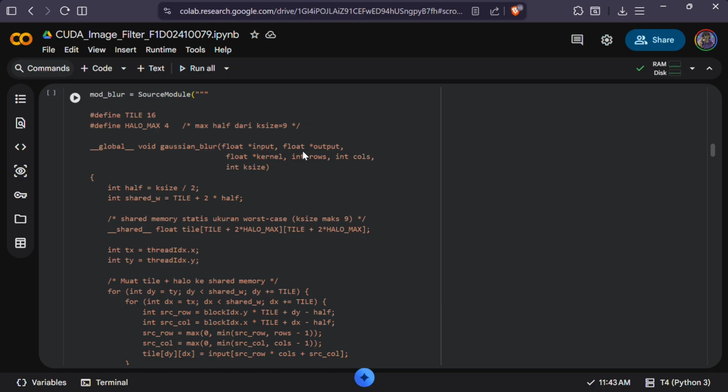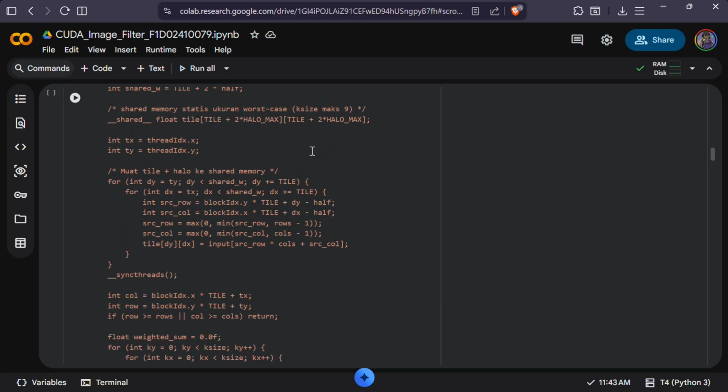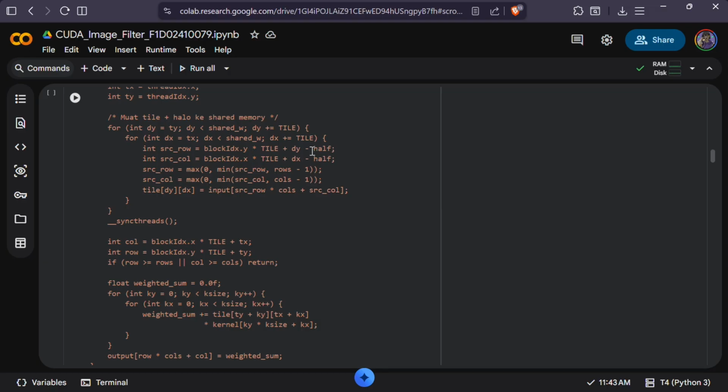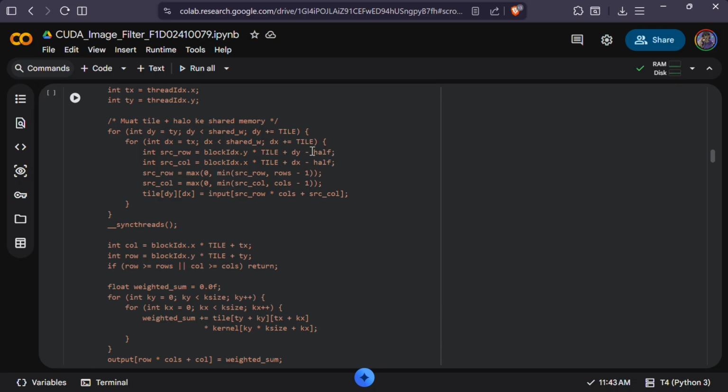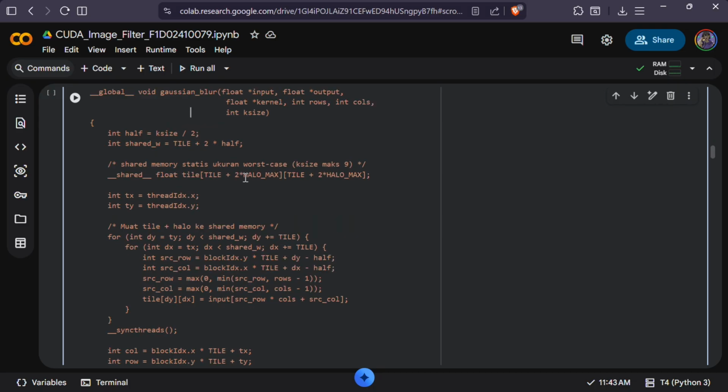Here is a Gaussian blur with shared memory. The image is divided into 16 times 16 pixel tiles, and each GPU block loads its tile into shared memory, a fast cache on the GPU chip.